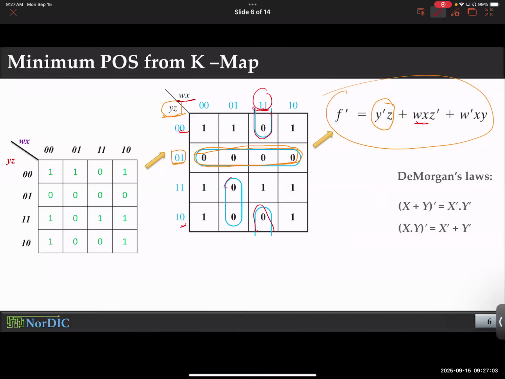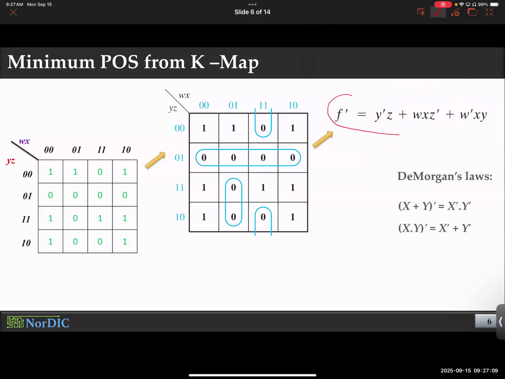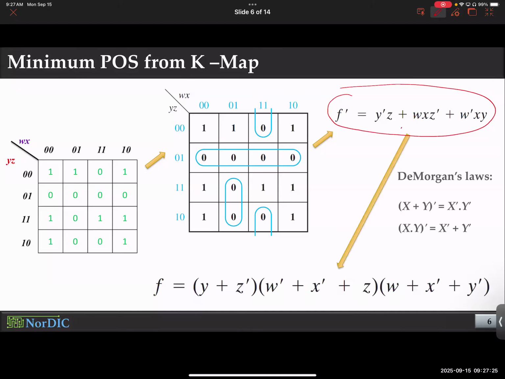Okay, the final one is this one. You have w prime xy corresponding to it. Okay, so you arrive at this inverse of function f, but you really want function f, not the inverse of it. Okay, so how can you get it? I'm going to show you the shortcut first, the easier way to get it, and then the actual way you arrive at it. So notice, if you get this sum of product